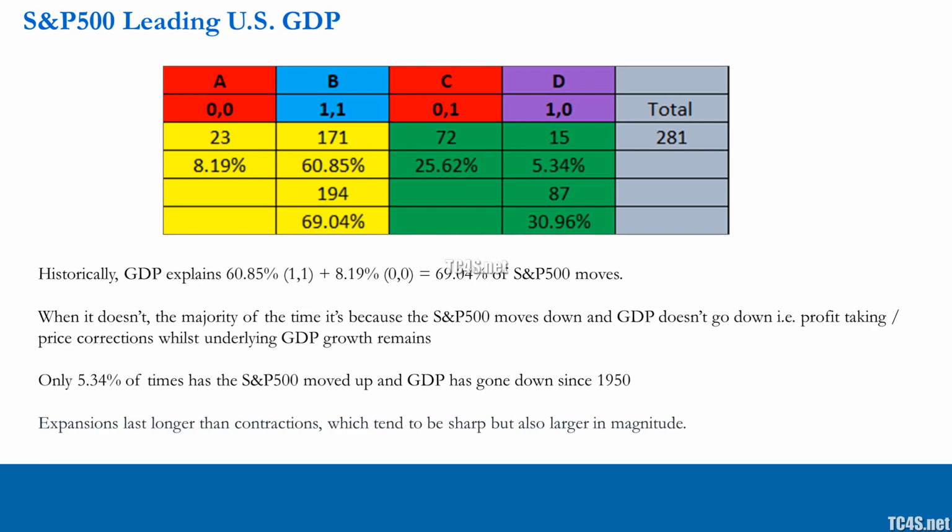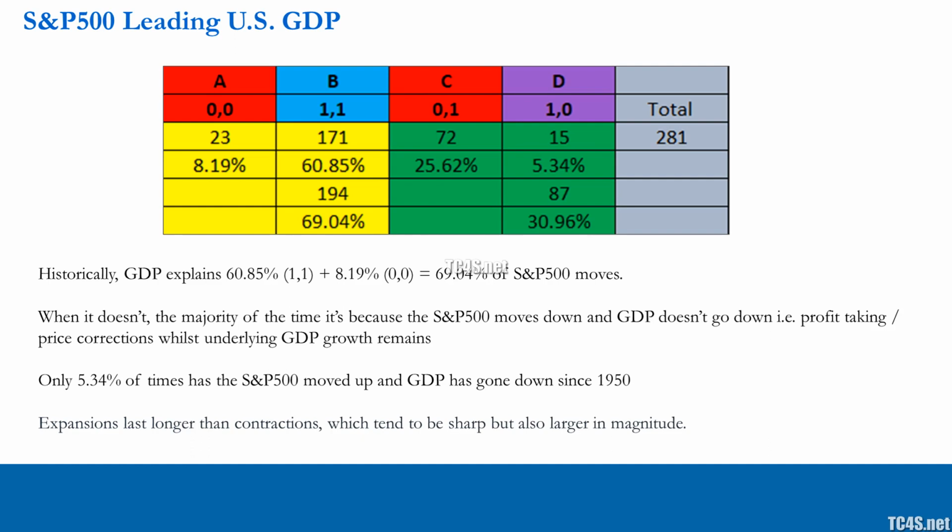Now, in the vast majority of times when they move in the same direction, so 60.85% of times, they both move up, okay? And then in a small amount of cases, they both move down, the 8.19% of cases. And when they both move up, that's in the vast majority, 60.85% of cases, okay? Now, taken together, same direction,